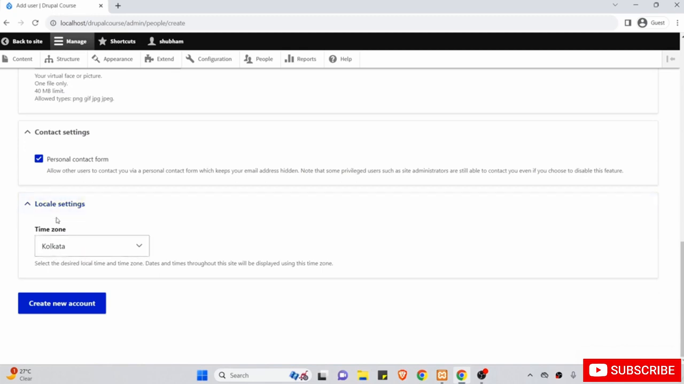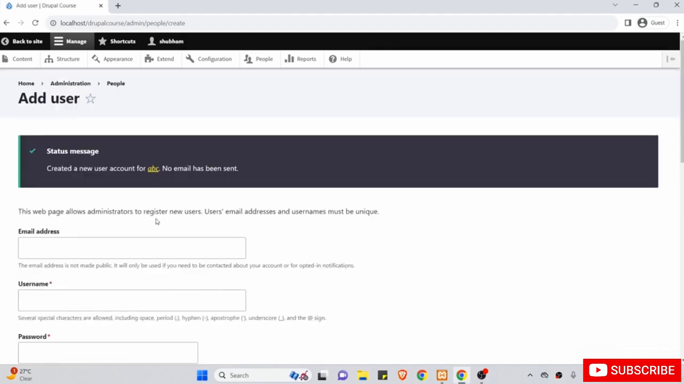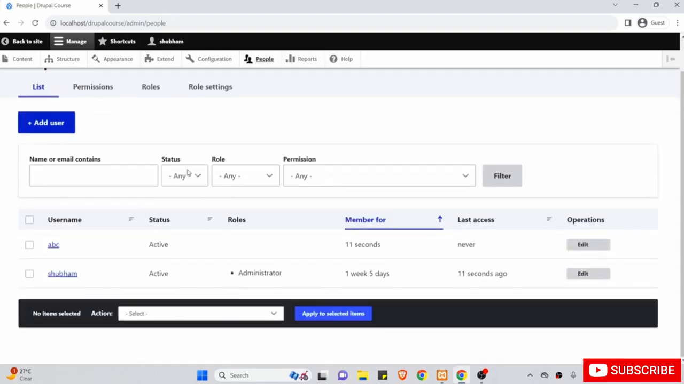And then we have the time zone option here, which is Kolkata, which is fine for me. And then I will click on create new account, and once I click on this button, the new user role will be created and no email has been sent because we did not choose that notify option. Alright, now let's just go to the people option here, and then here you will see that we have two